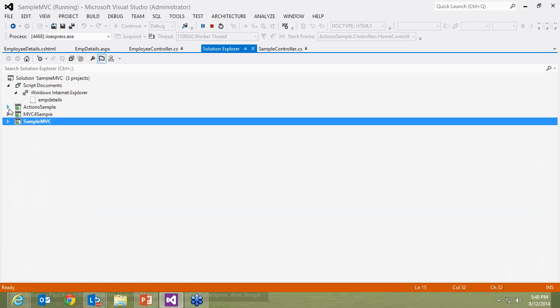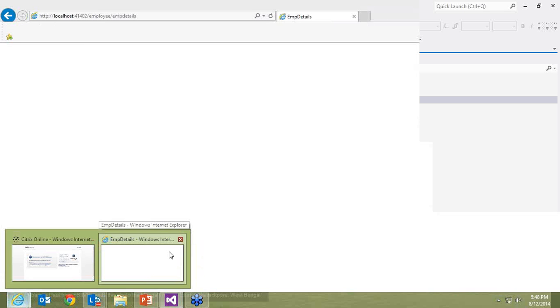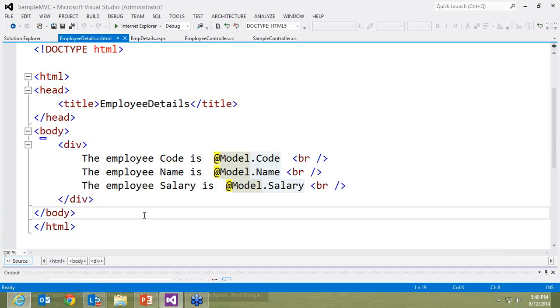Fine. So I think we will go ahead and close for now. I would want to take in more questions from you, and we will continue this particular series shortly. So the next session that we would plan is to understand the different return types that I can have as part of my action method, and how I can use these different return types to return different categories of